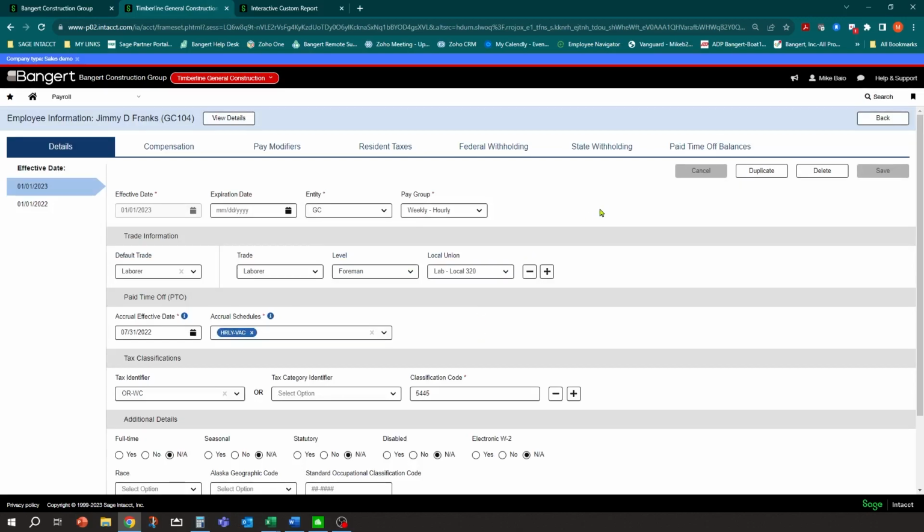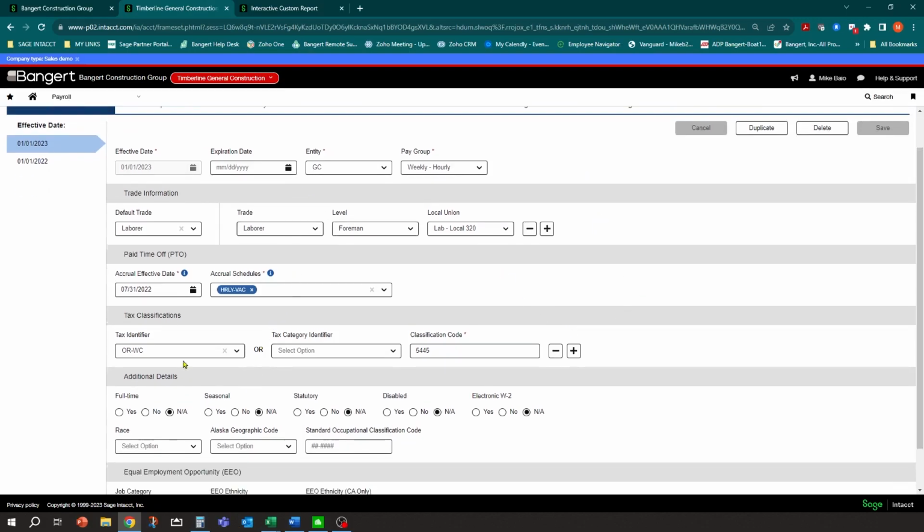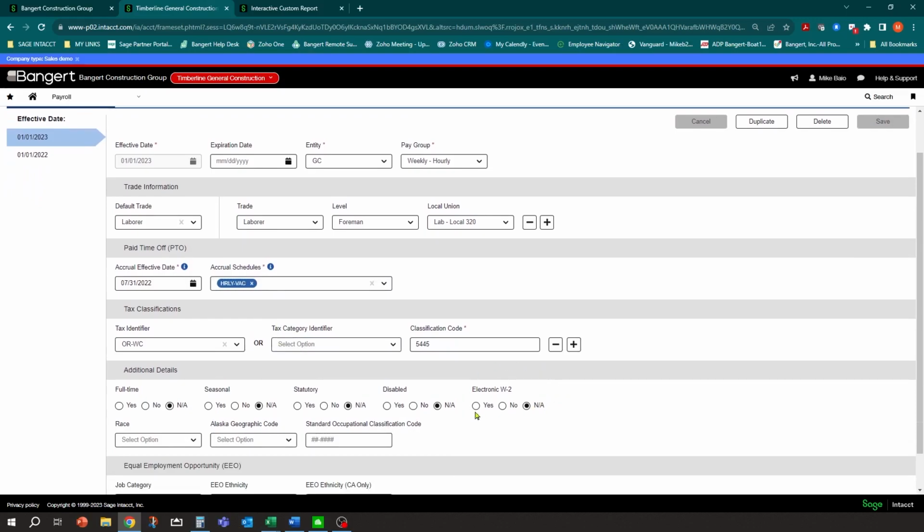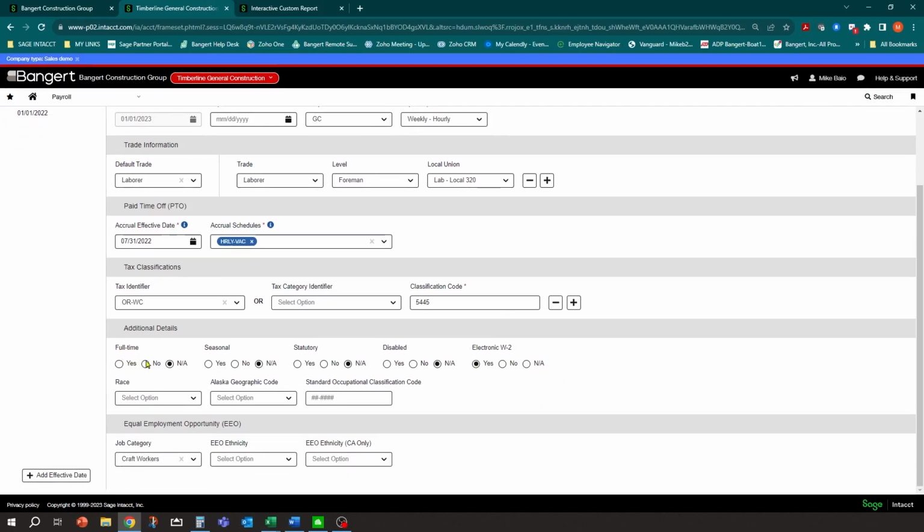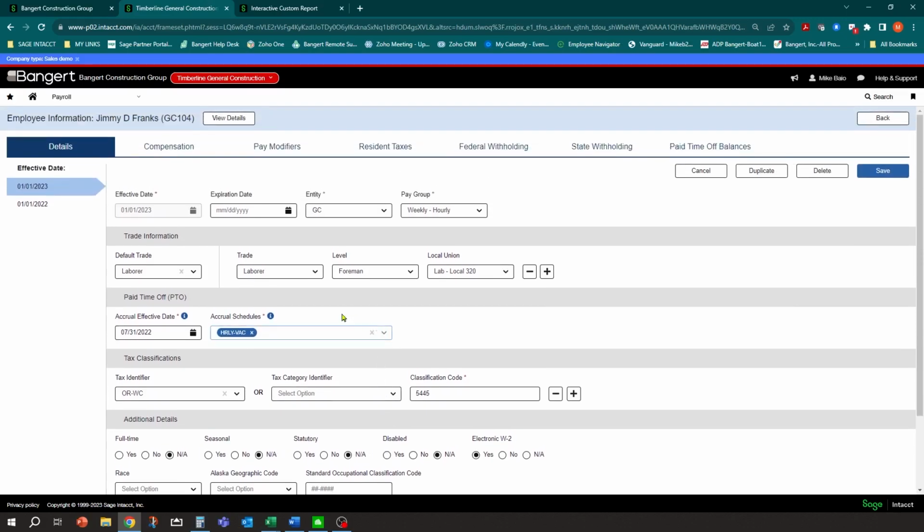As far as what else to check in the employee setup, there is one area down near the bottom here in the first tab under details where, when we do interface, and we'll talk about interfacing with Atrix for our W-2s: has this employee given permission to accept an electronic W-2? There's a tag down here at the bottom. If you say yes, then you'll have that option over in Atrix when it comes time. If you say no, you won't, but that's where that setting resides, along with some other information, full-time, seasonal, okay? That's really it as far as the employee goes.